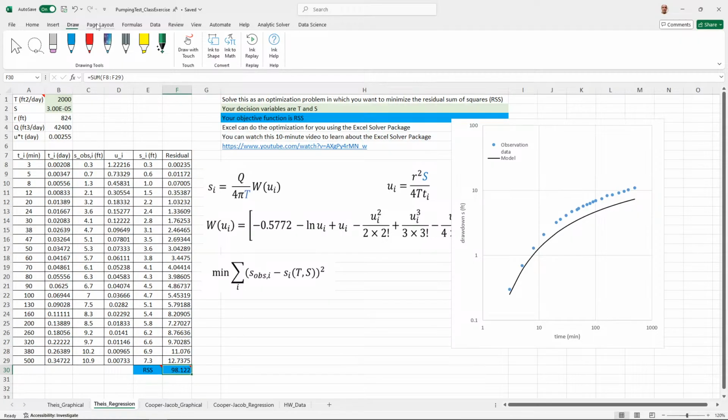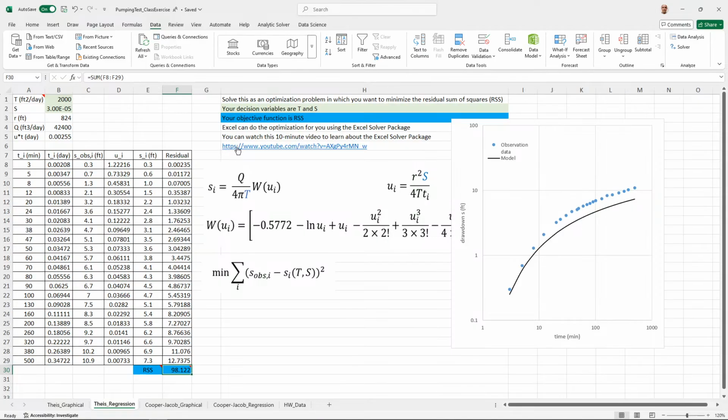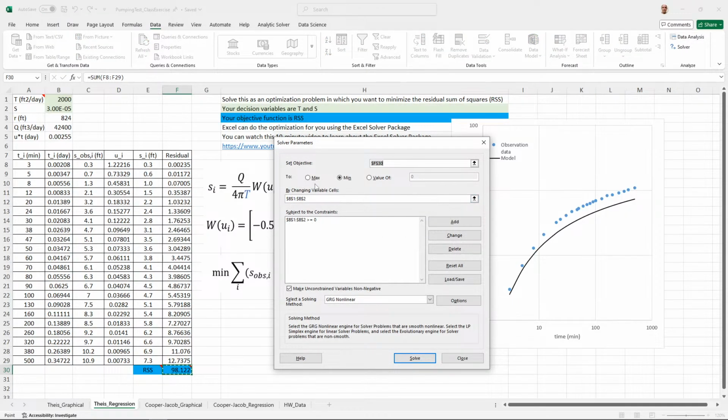Excel can do this. If you go here to Data, and I put you this is a video from the Comp Tool class, I think, if you want to learn how to do this with Excel. But let me show you. You go here to Excel, to Solver. My objective is to minimize this guy, with the constraint that these two guys should be larger than 0. Basically the solver will keep changing this guy to minimize this guy. So if we click solve,